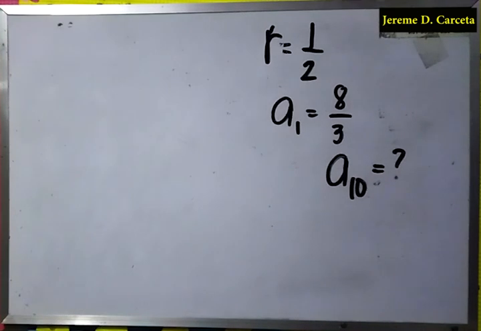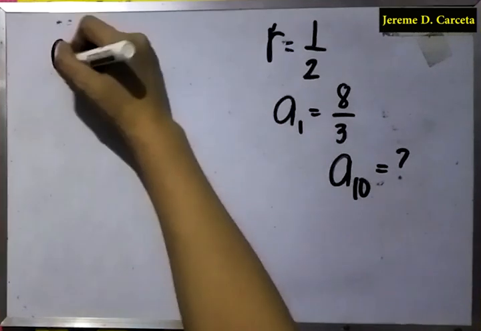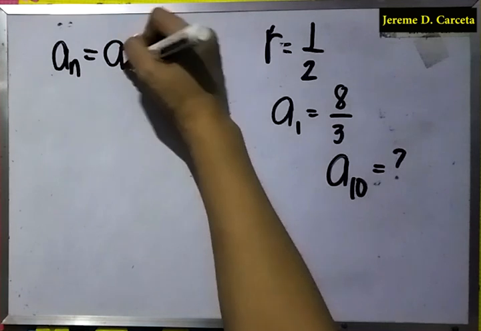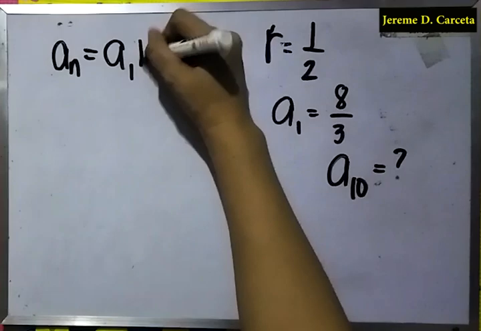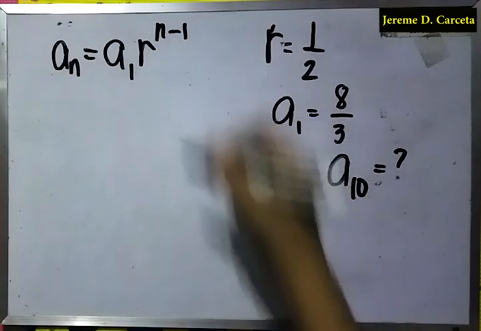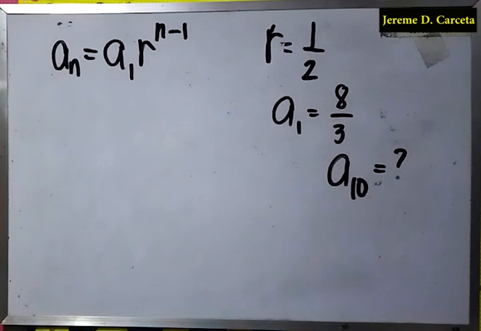So to find a sub 10, we again use the formula in finding the nth term of a geometric sequence. That is, a sub n is equal to a sub 1 times r raised to n minus 1. So we simply substitute the given